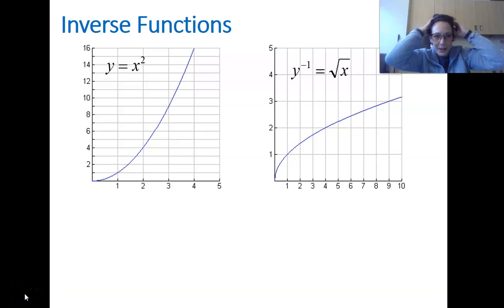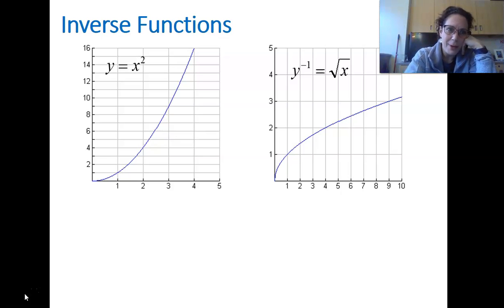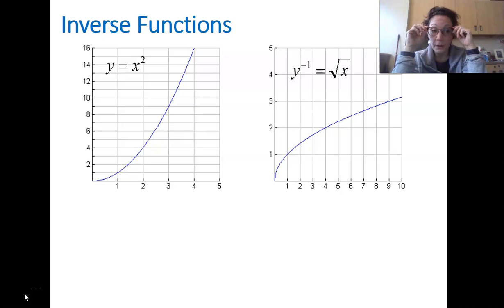Okay, before we head into our next section of calculus, we need to do a little throwback to Algebra 2 and talk about inverse functions and the link in calculus back to inverse functions. This is something that comes up on the AP, and it's not necessarily a calculus idea. It's an Algebra 2 idea